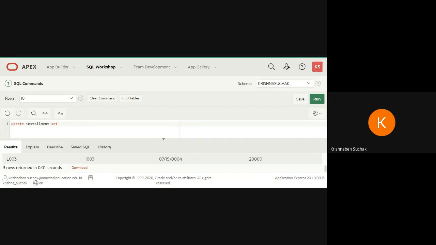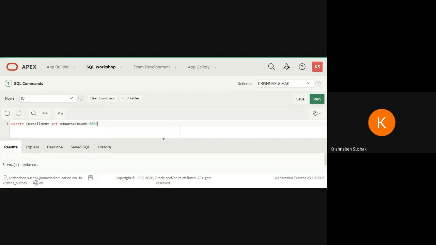See, there are many different commands. What you are doing here, you can use any of the commands and you can change whatever things you need to perform. Okay. Update installment set amount equals to, what amount you need to perform here, that is you need to decrease 5,000. So here I am writing amount minus 5,000. Okay. Before run, it is showing me 3 rows updated.